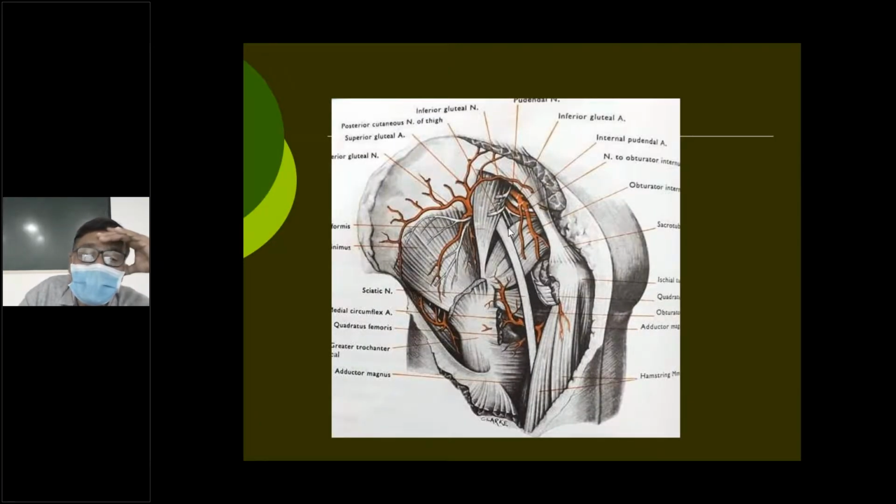Now see this picture. Look at this one which I'm showing with the arrow. This is the nerve to quadratus femoris. It is actually overlapped by the sciatic nerve. In this picture, it is shown medially, but it is generally overlapped by the sciatic nerve. The nerve passes deep to the two gemelli and obturator internus. You see, it's coming all the way down, and finally it terminates in the quadratus femoris. Before that, it supplies the inferior gemellus also. So this is the nerve to quadratus femoris.